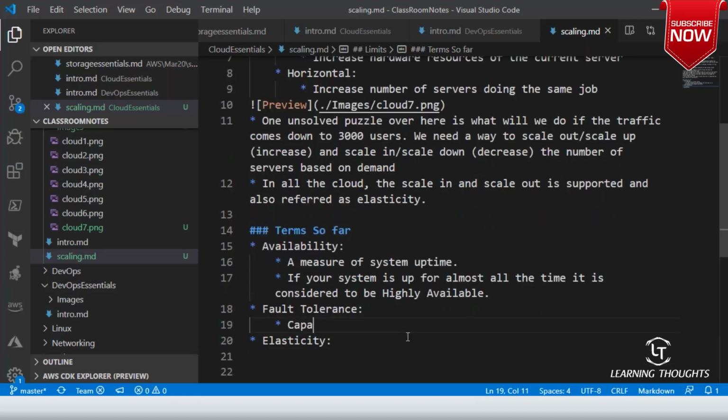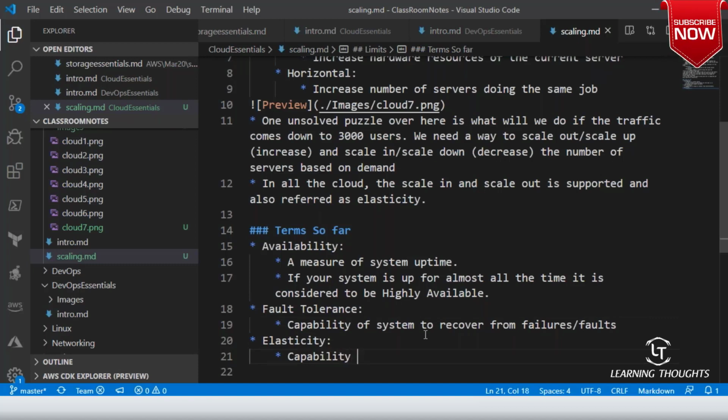So fault tolerance is the capability of a system to recover from failures. For example, yesterday I said, what will you do if your database is crashed? Then the solution was that you wanted a secondary database. So now we have this capability: even if the database is crashed, our secondary database will act as a primary database. So the database part of the system is fault tolerant, and our system will recover from failures or faults.